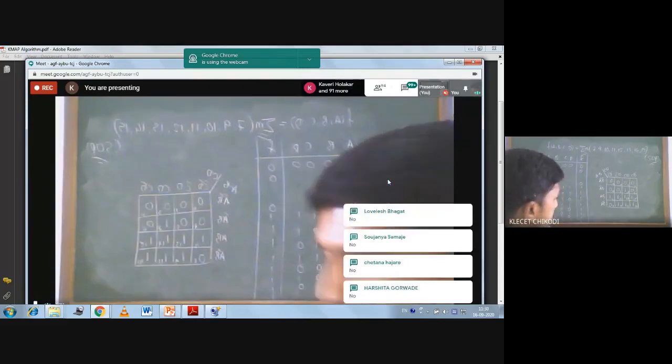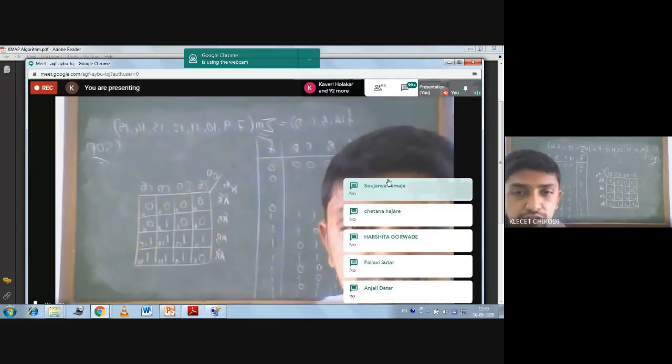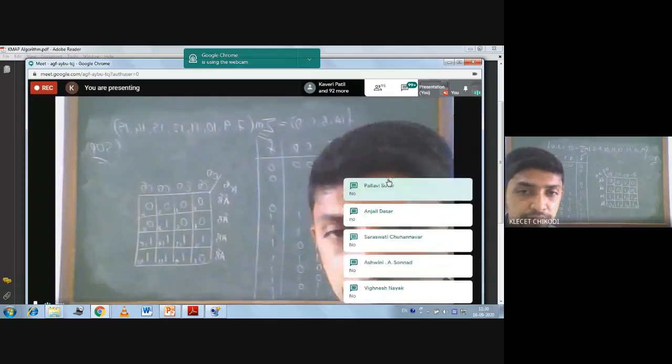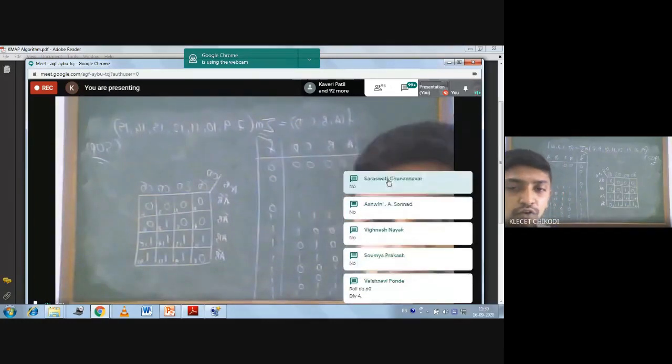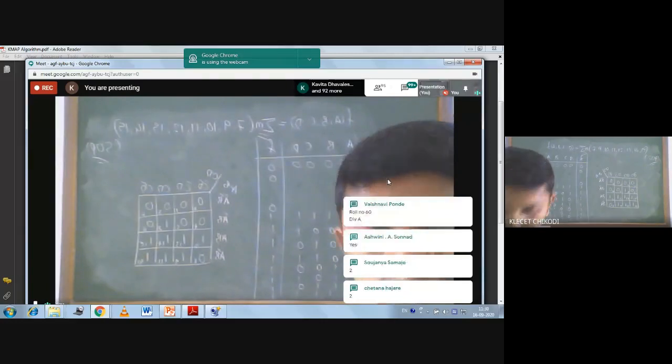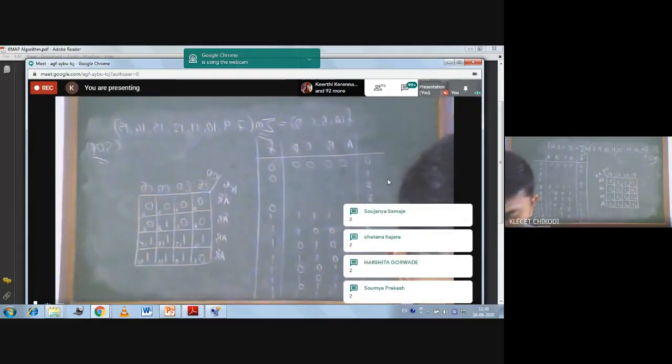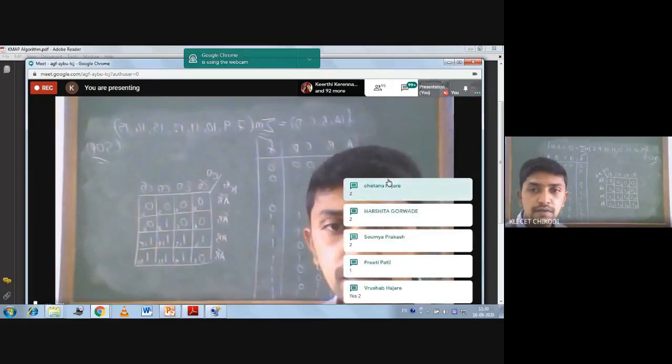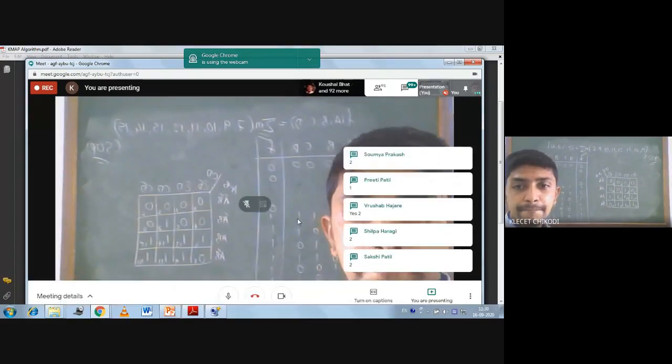Okay, good. Now check for the quads. Now let me know how many quads are there. Quad means group of 4 values. How many quads are there?